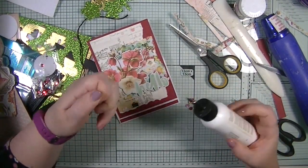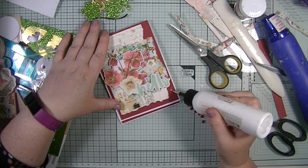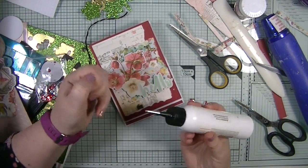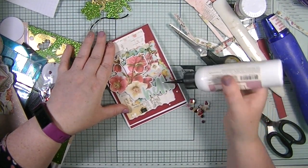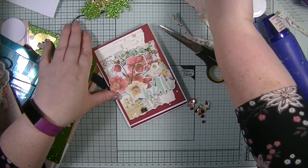So oh, she's puffing her bed up. Oh, let's get rid of that. It's got dry glue on the end, which is preventing it from, there we go. So right,